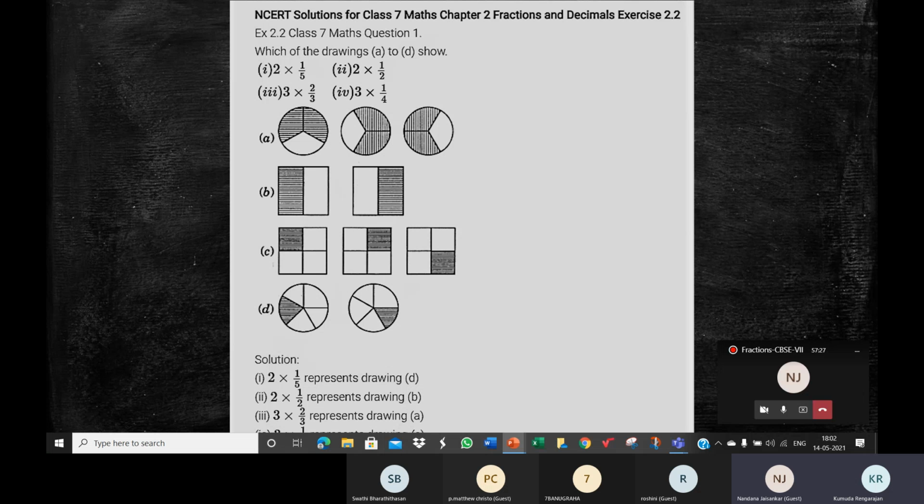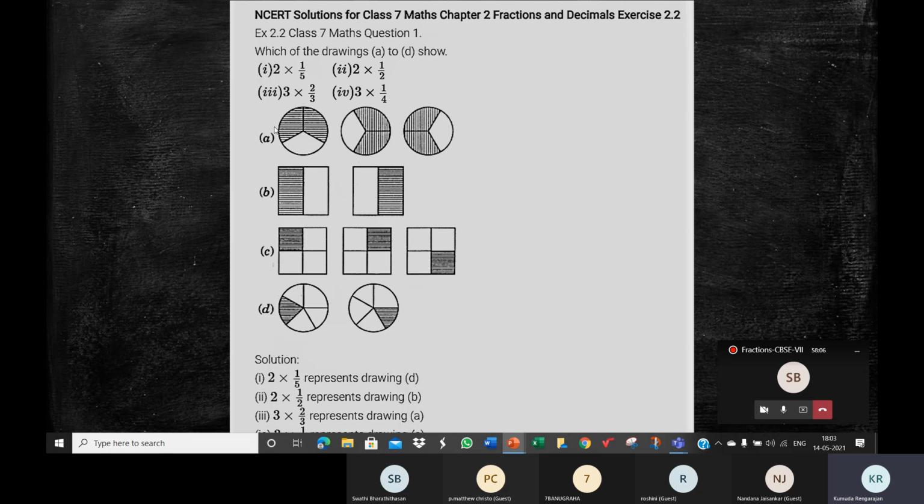What is repeated addition, children? Ma'am, multiplication is the repeated addition. Yeah, repeated addition is multiplication. 2 by 3 plus 2 by 3 plus 2 by 3 is 3 into 2 by 3. Correct? Because 2 by 3 is added to itself 3 times. Kindly disable your mic, child. As soon as you answer, kindly disable your mic. Like we said, 10 plus 10 plus 10 plus 10 is 4 into 10 because 10 is added to itself 4 times.